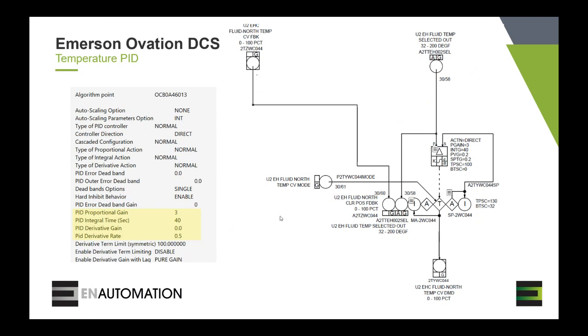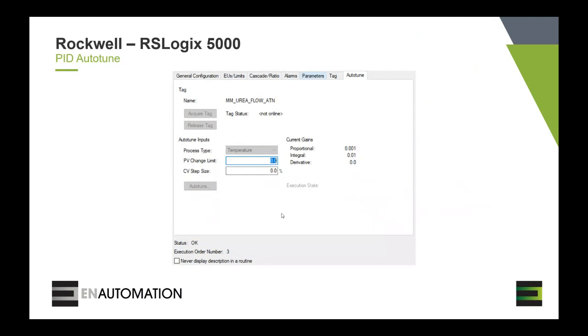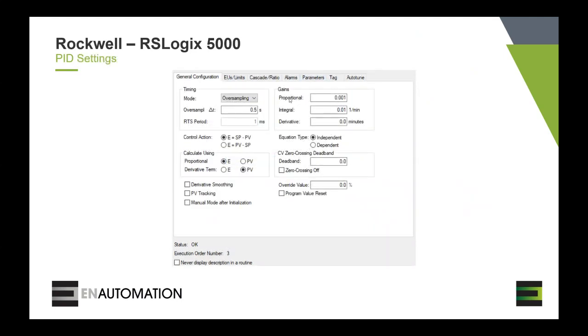So in the Rockwell examples that Matt went over, that's included or embedded in the PID algorithm. So you need to know what the functionality is and the differences and how to access it. The biggest difference between Emerson and Rockwell, we chose these examples just to highlight this. If we go back to the Rockwell example, we'll see that the tuning parameters that we have is proportional gain. We have the integral time, which is the unit of measure is 1/minutes. So remember that at the beginning we talked about the integral gain is a proportional gain times 1 divided by the integral time. So this is the 1 over time term that we enter for the integral component,